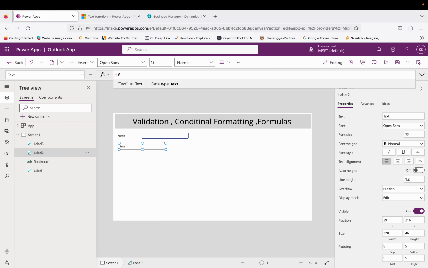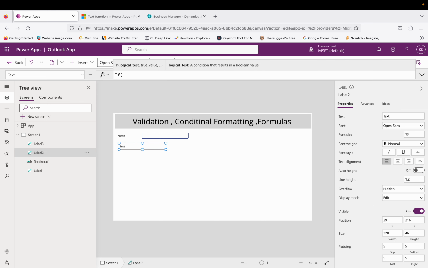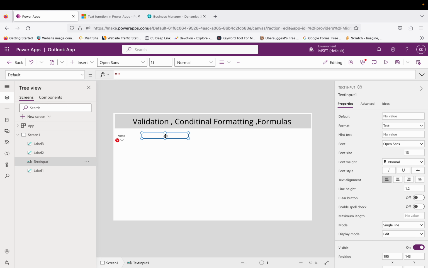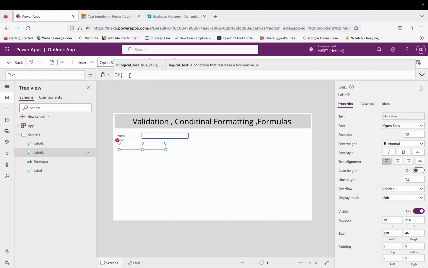The condition is like, there is a formula here, like if you have to use this if and then the logical test. The logical test means that we need to see whether this control has any value or not. Okay, so to check that, I need to find out the name of my control. So let's select again. The name of my control is this,